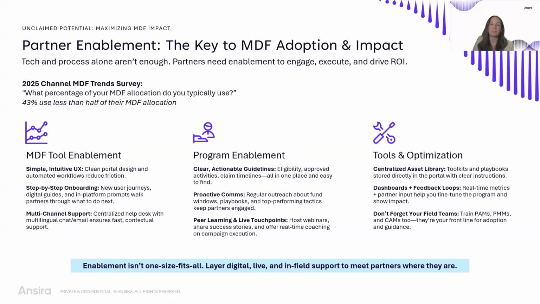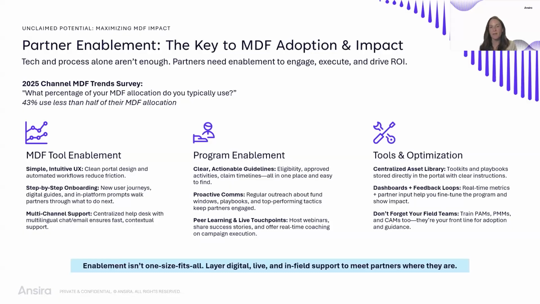And that's a key to reducing that friction to using MDF. And program enablement is just as important as tool enablement. Partners need those clear, actionable guidelines. Like, we all know your playbooks are massive. We know your terms are like the Apple terms. They're long, they're small. So how do you make it digestible? Letting partners know what's eligible, how to claim, what are the exact timelines, in one place, so it's easy to